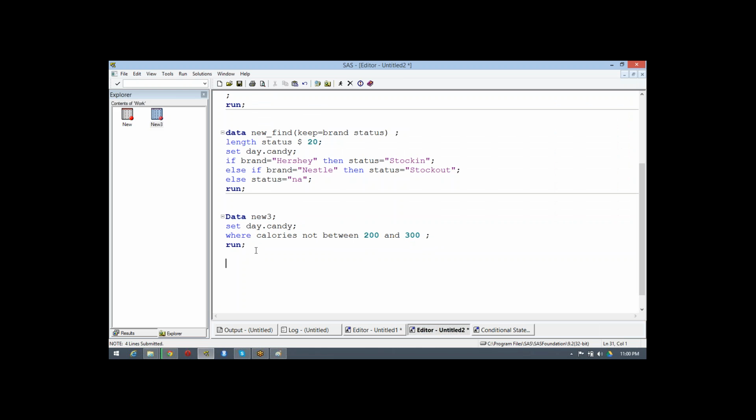Again, the earlier one was only to find values between this value and this value. If we say not, we are saying it should not exist between these particular values. If it falls above this and below this, you just tell me about it.